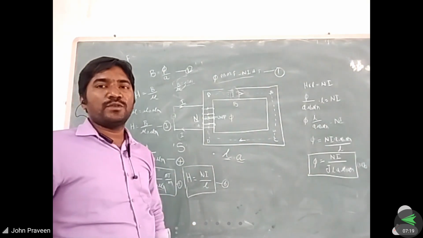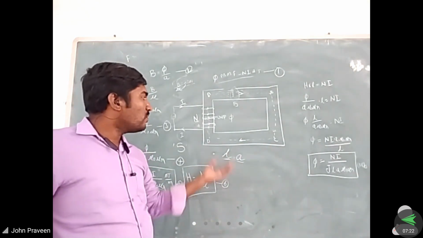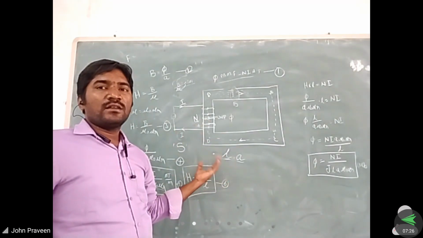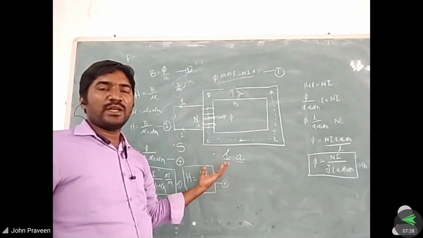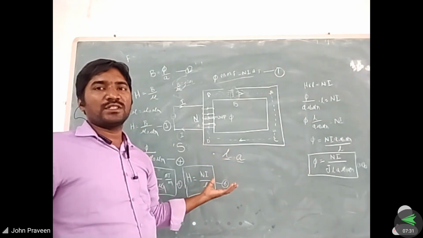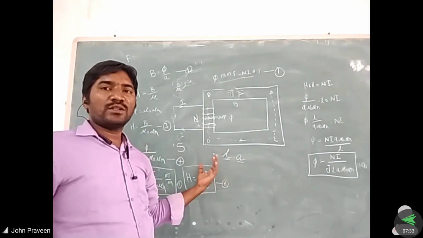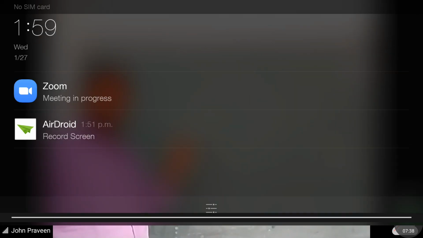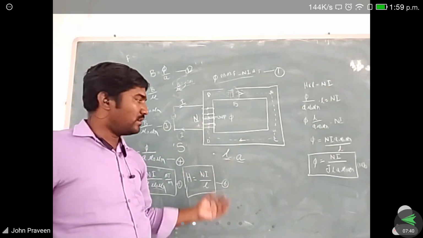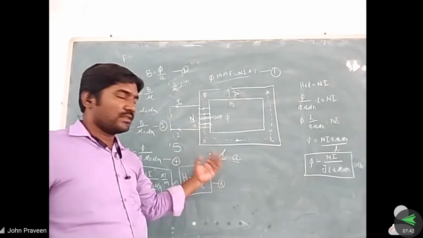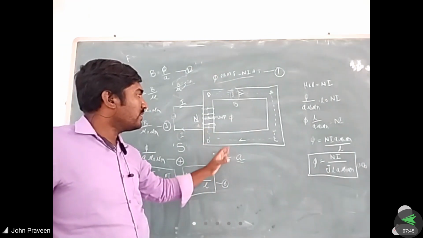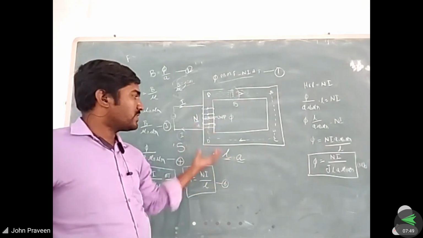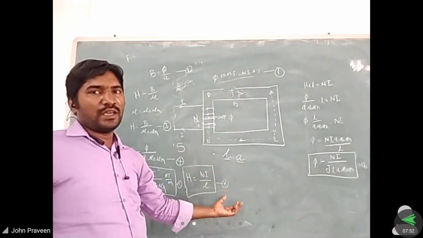Next, the second thing is that whatever flux is produced depends upon the reluctance also. Reluctance is nothing but a property of a material which opposes the magnetic field. That is also decided, and that is denoted by capital S. The topic will be discussed in the next day. Right. So here we are assuming the length of the path as small l and the cross-section area as small a.